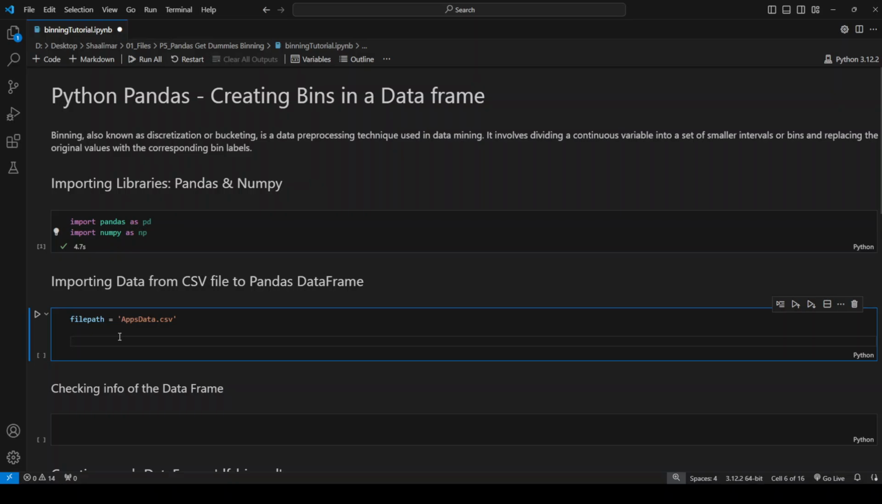Let's load our data frame with the data. We are going to use a data set which is from Play Store, and it has data for all the applications that were installed onto some systems and their ratings and their categories. So we are going to use that data. Let's create a data frame. df is equal to